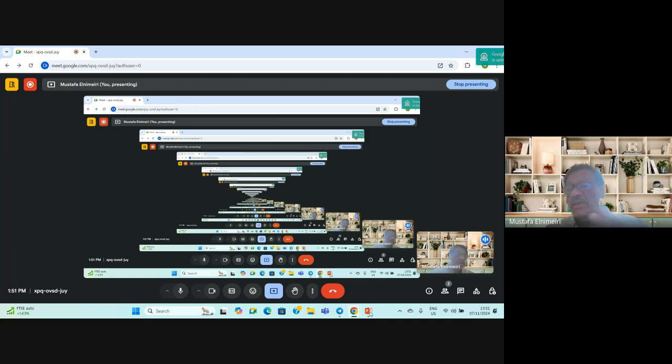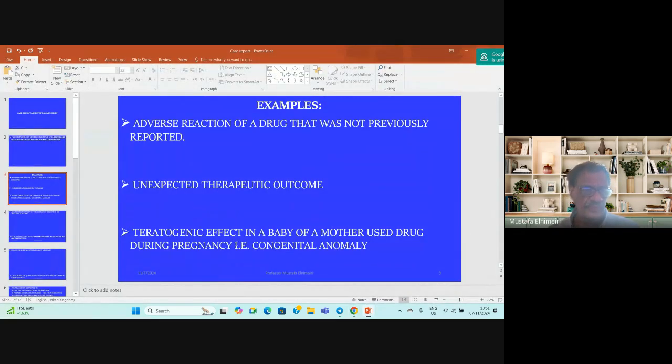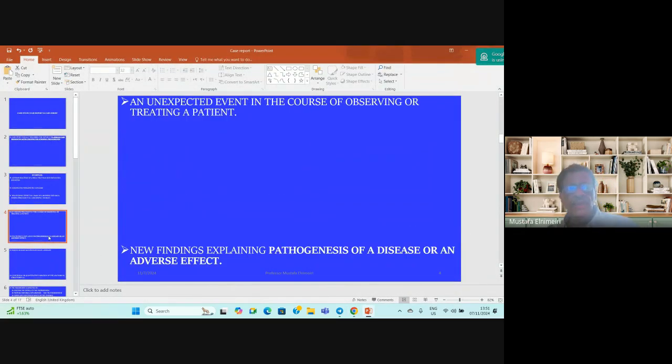For example, the use of steroids during pregnancy can result in cleft lip or cleft palate. And an unexpected event in the course of treatment on observing a certain patient that had received a specific medication for treatment of any disease, whether communicable or non-communicable, and then the